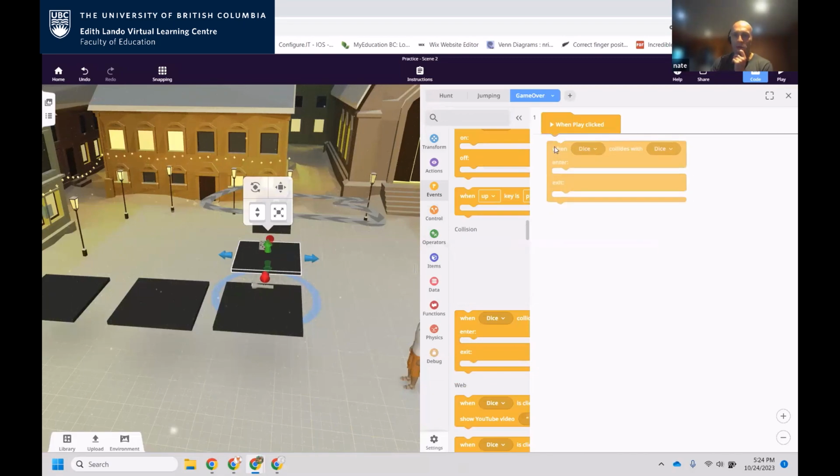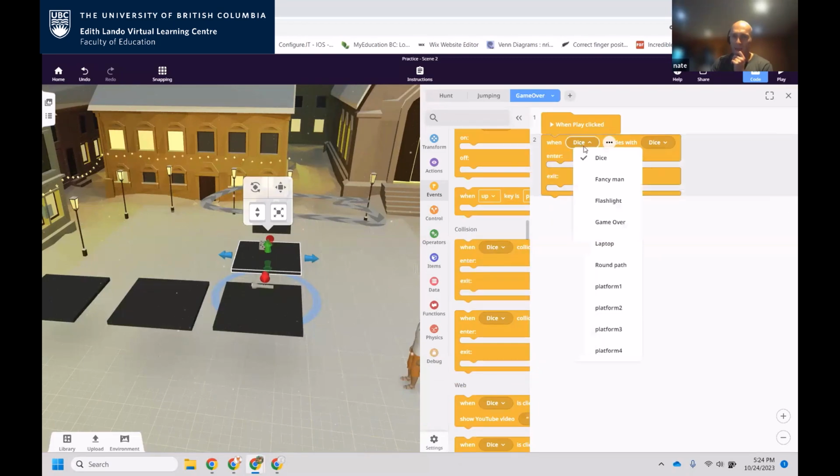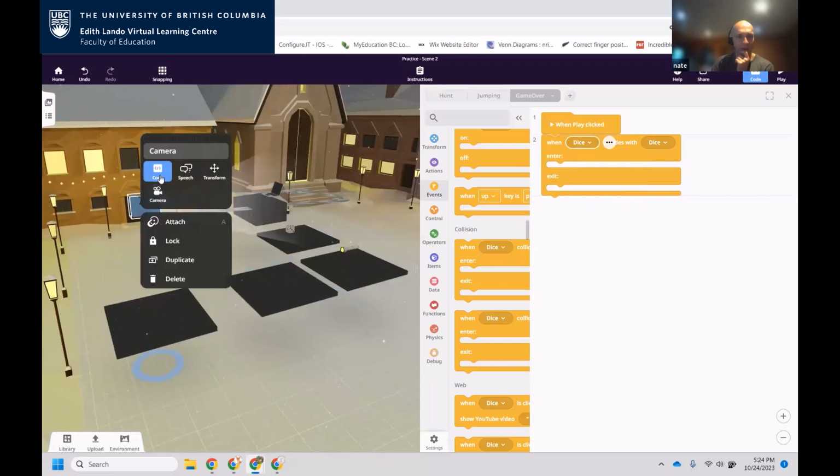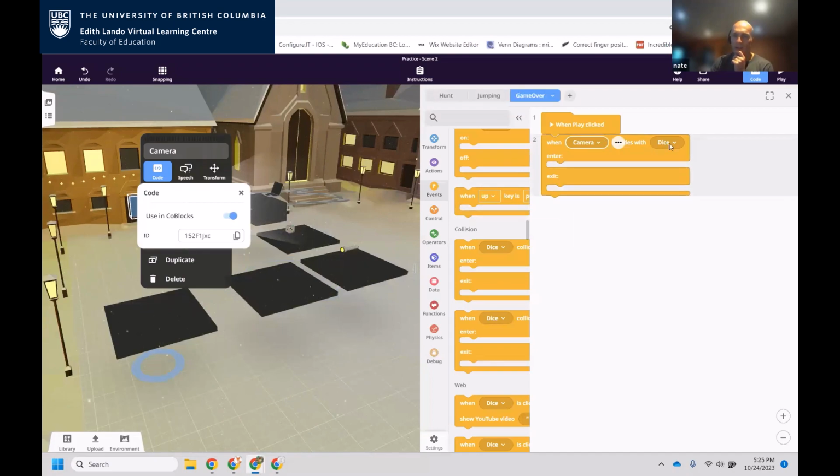So we're going to do when the camera, now you'll notice my camera doesn't appear on here because as usual, you have to turn the camera on. If you don't turn the camera on in your code, you can't use it. So when camera collides with game over, which is this one right here,